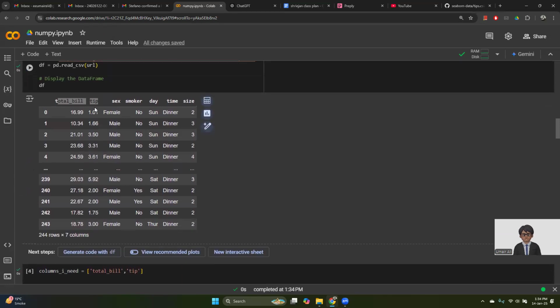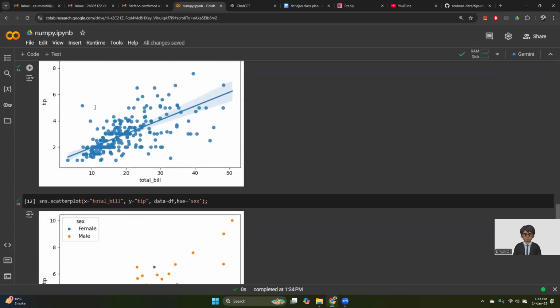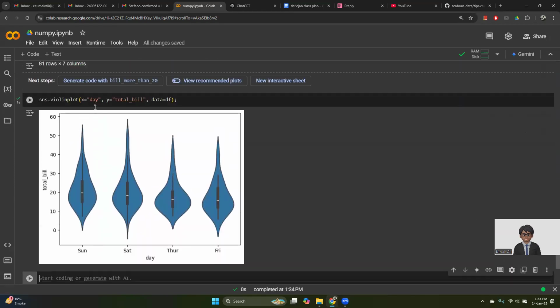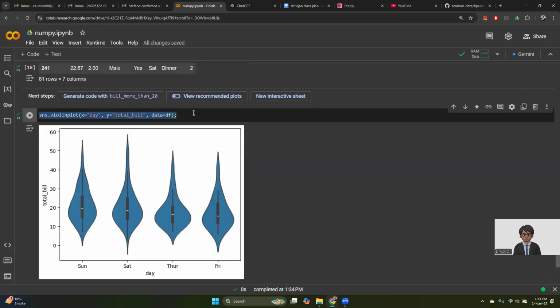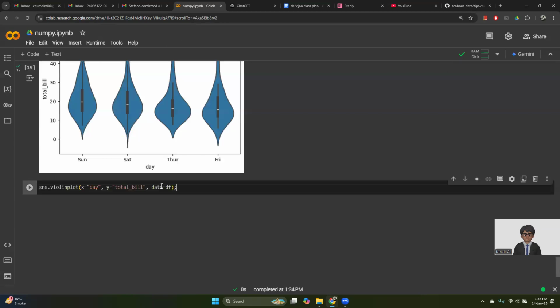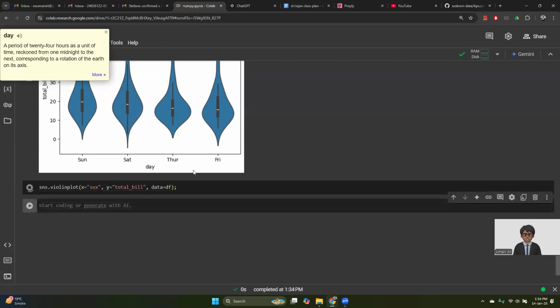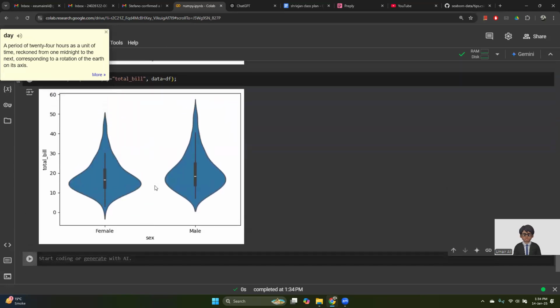For example, I want to see who pays higher. So I simply copy this and, to see who pays more bill, I paste it here with command V, and for day I write this x and then I run it. It will show us that mostly the females have a total bill in this range and males have a little higher tip, but mostly the women are paying in this area. Men also pay